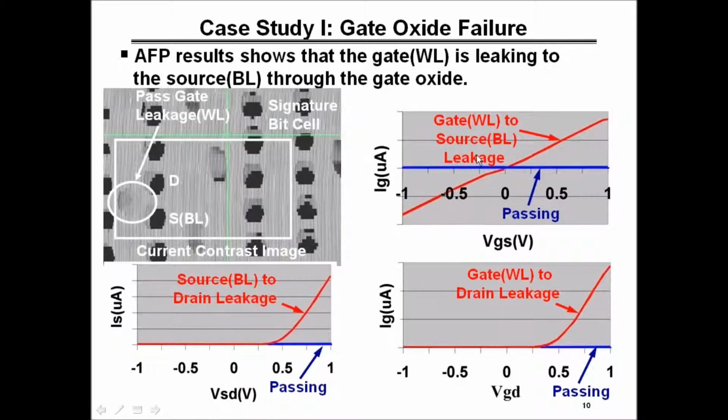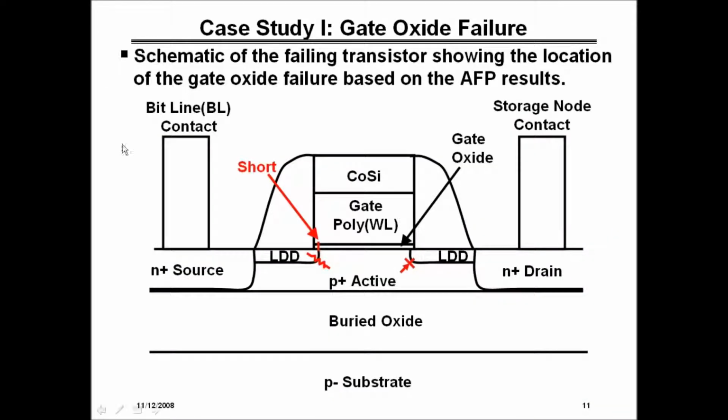When we did two-probe probing with the AFP, we swept the gate to the source and we found resistive leakage. When we swept the gate to the drain, we found diode leakage. And source to drain, we also found diode leakage. What that pointed us to was the fact that the short was actually on the source side of the channel. At this location here, it destroys the junction of the source to the active, and that gives you a short from the gate, which was connected to the word line, directly to the bit line, and that's why we were getting a partial column